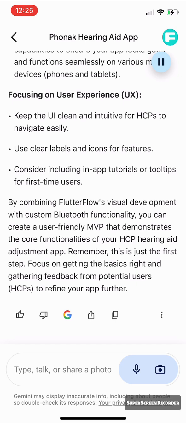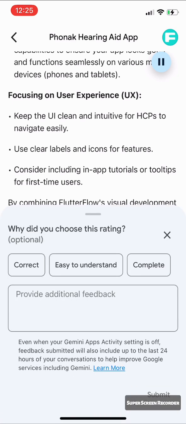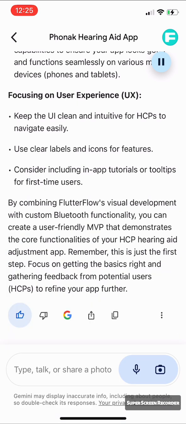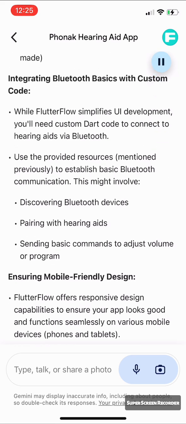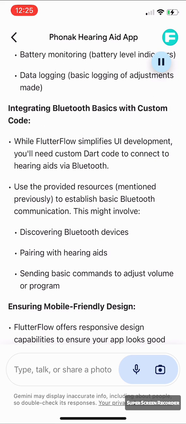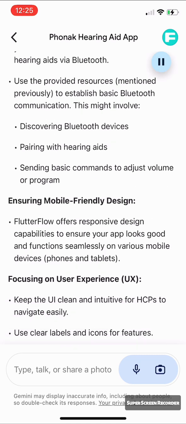Integrating Bluetooth basics with custom code. While Flutter Flow simplifies UI development, you'll need custom Dart code to connect to hearing aids via Bluetooth. Use the provided resources, mentioned previously, to establish basic Bluetooth communication. This might involve discovering Bluetooth devices, pairing with hearing aids, sending basic commands to adjust volume or program,